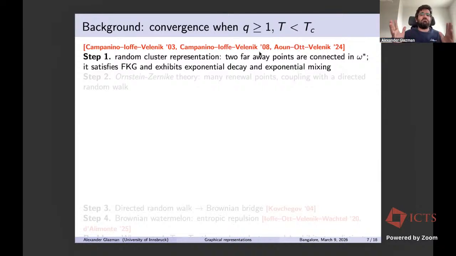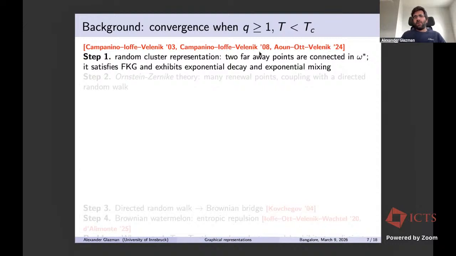And speaking about the random cluster model, what happens is the following: since they have different colors on the boundary, you condition on two faraway points being connected by their omega